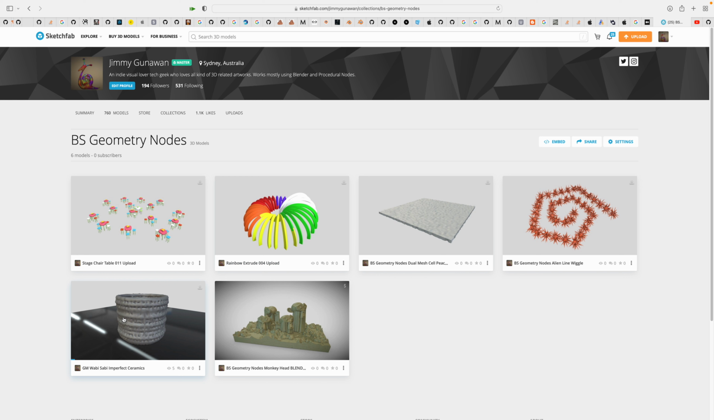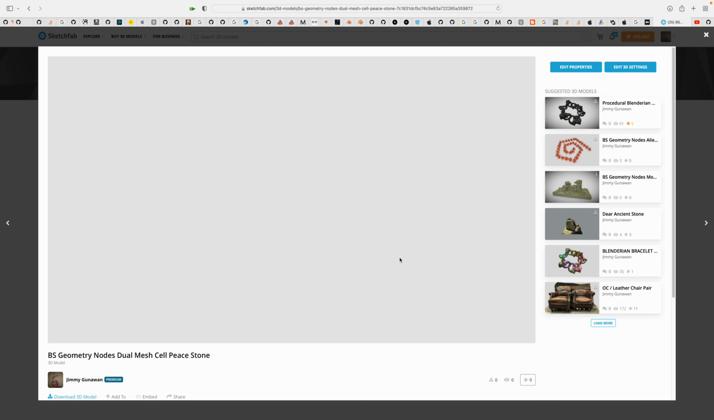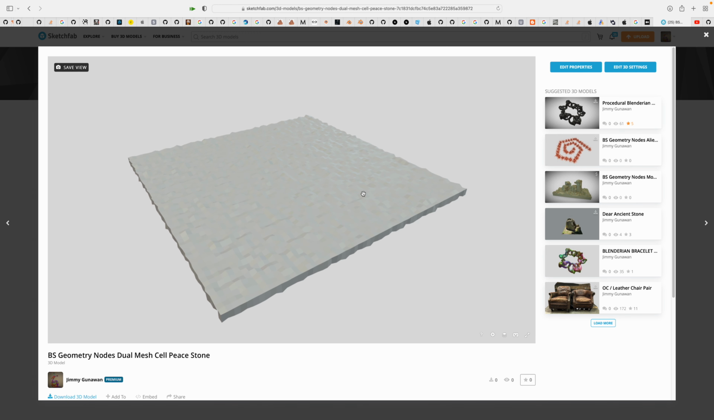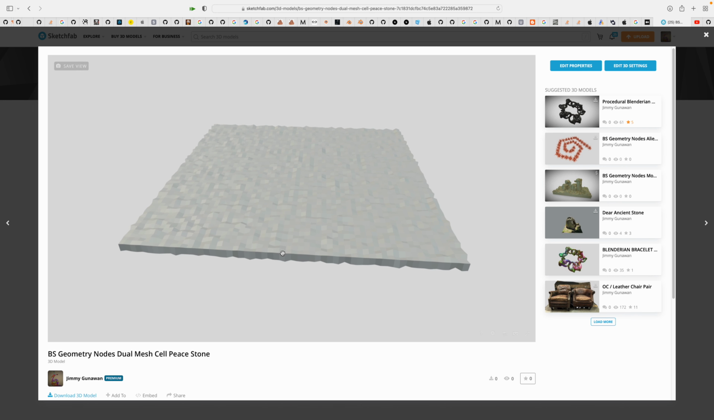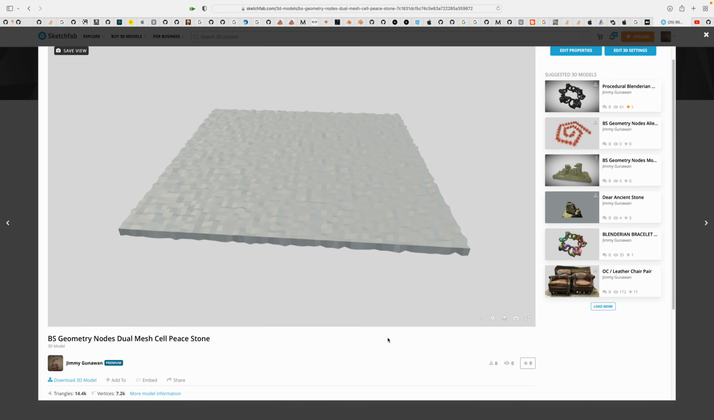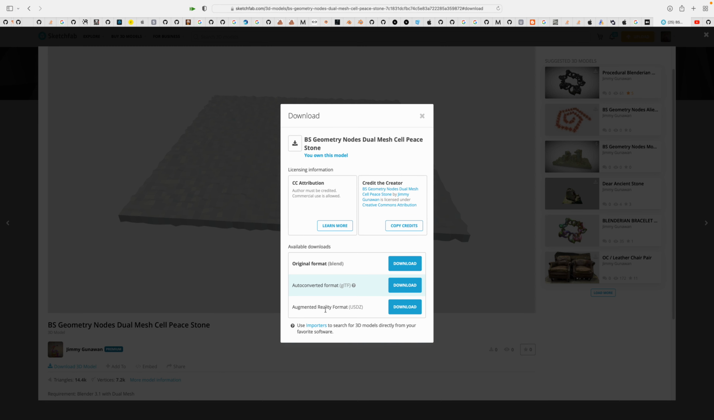It's pretty simple. And for things like this, you can upload the original blend, so it's like the source file, right? If you look at this one, for example, this one doesn't look exactly like the final result. This is the dual mesh piece stone. This is like the broken 3D type that I shared a few days ago. If you download the blend, download the original format, the blend,